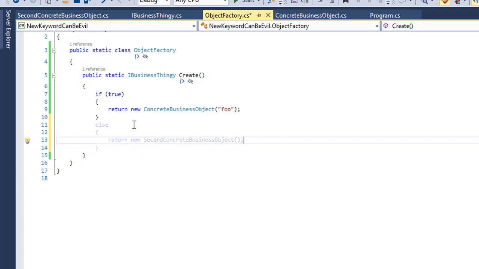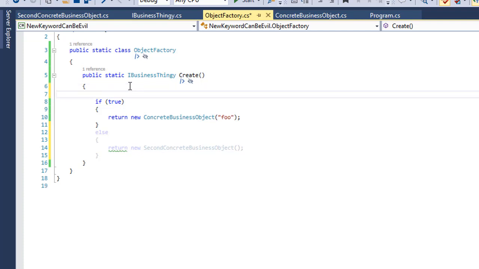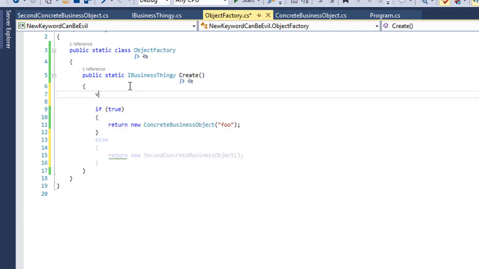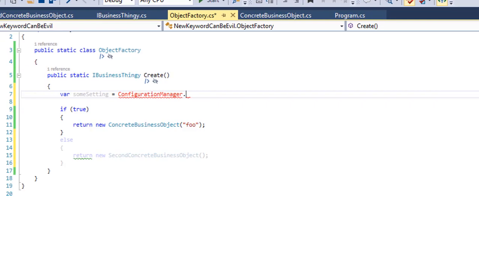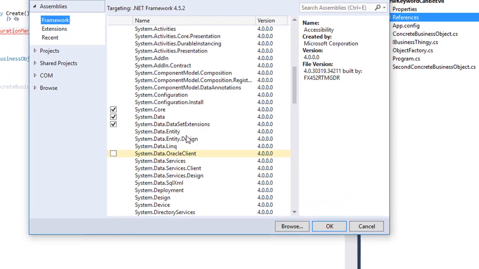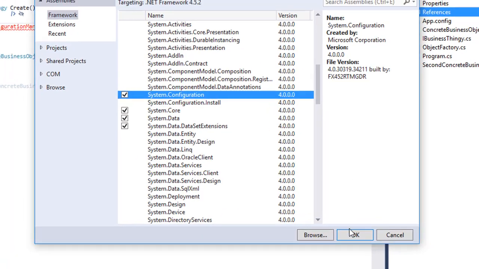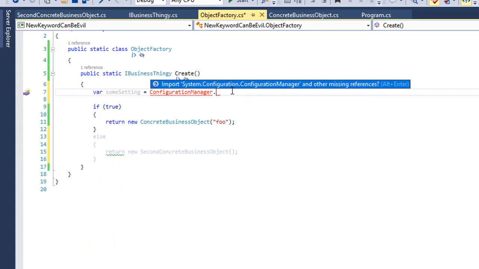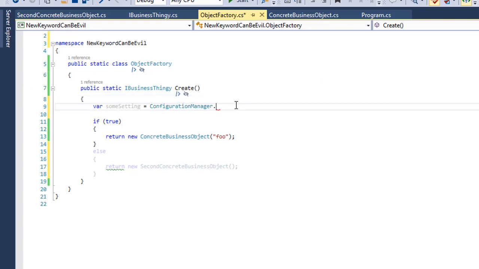So we'll be much more literal, and we'll say configuration manager, some setting equals configuration manager. And now I have to add a reference. Oh, and I've really made this example even tougher. So if we go into the assemblies here and we say, yes, we get something from maybe the app config. There we go. And we say, if some app setting,